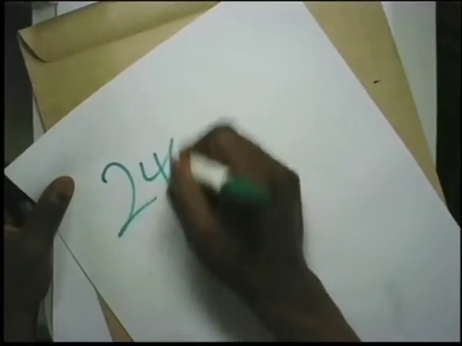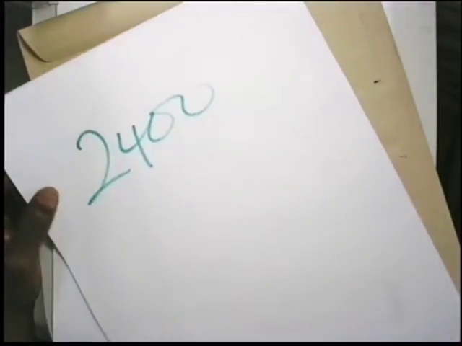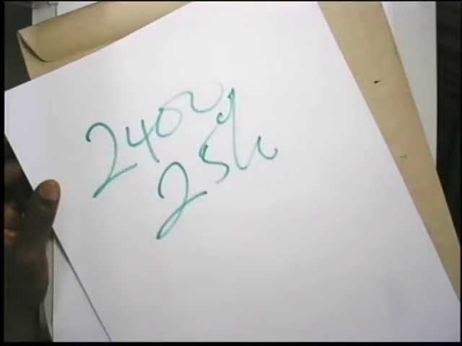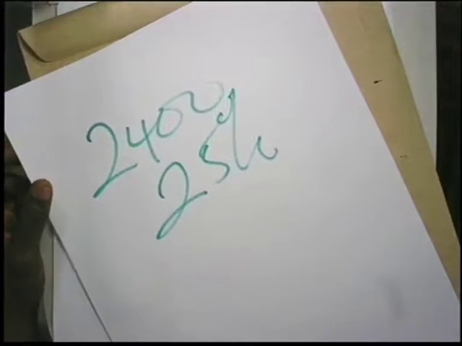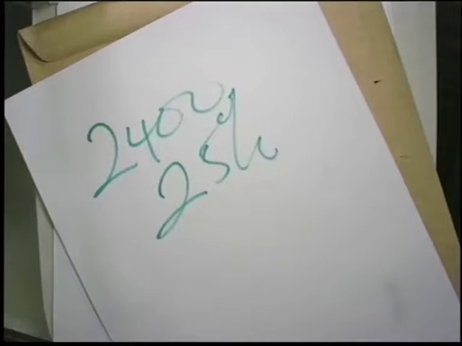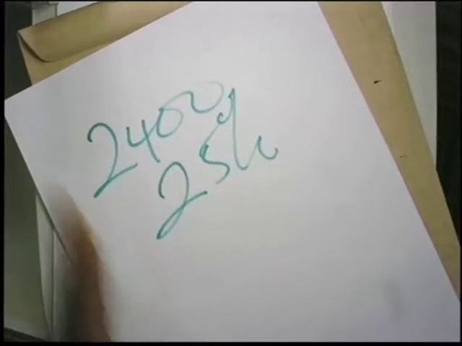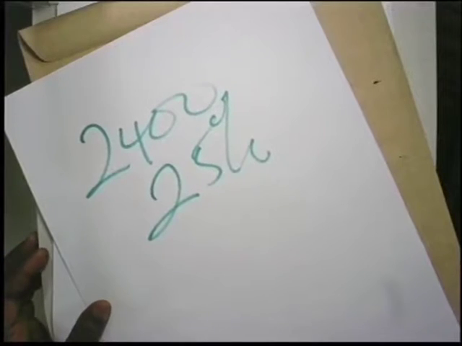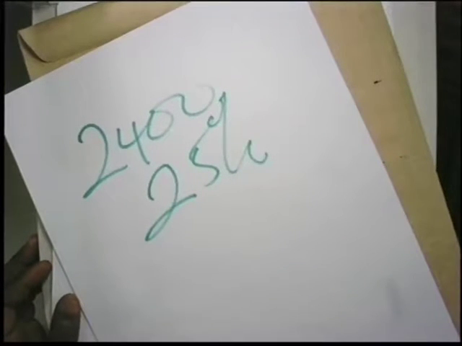Look at this one. A product is advertised for sale at 2,400, and there's a 25% reduction. So work out the original price. When the question says work out, please, I want to see your workings. Work out the original price. All these things, definitely you will see them. 25% of 2,400. Then from there, it will give you an idea of what we're expecting of you to do.